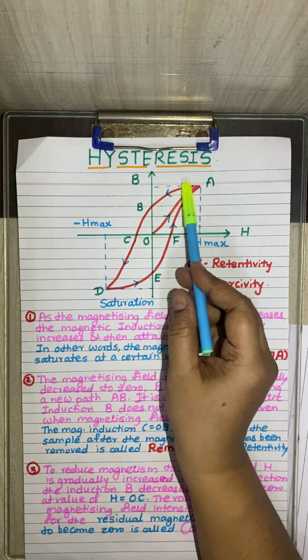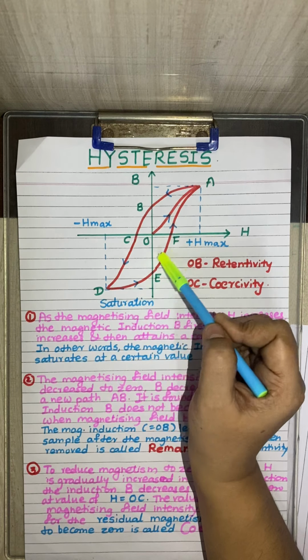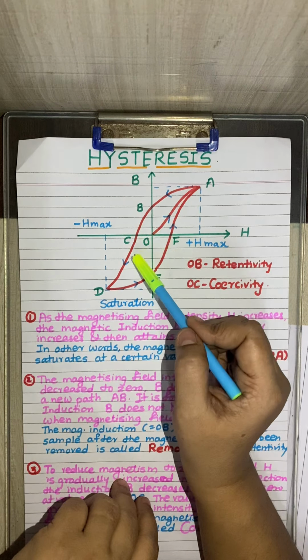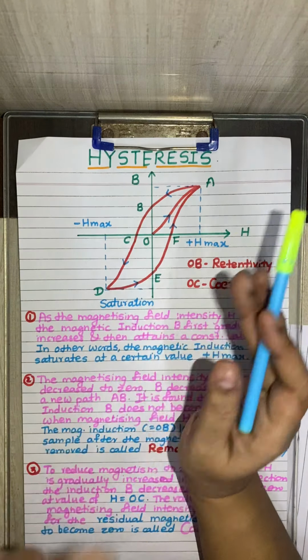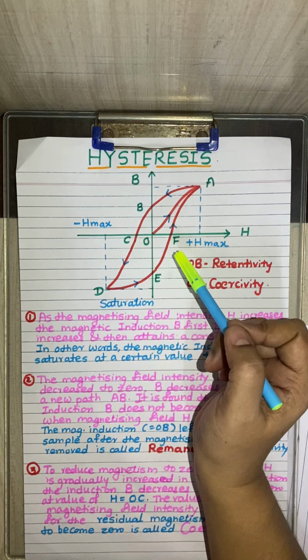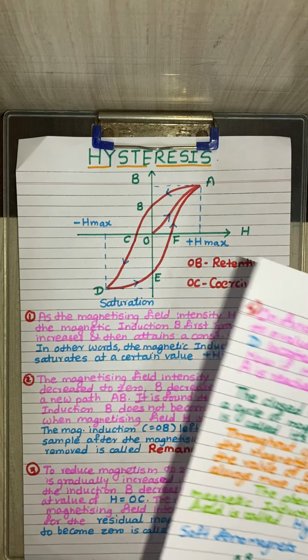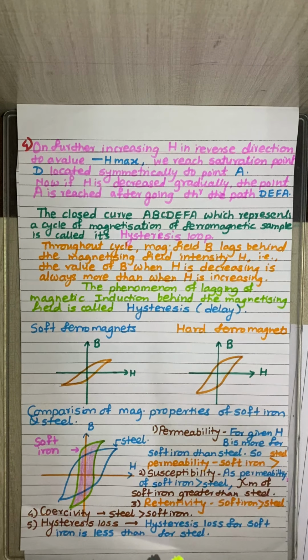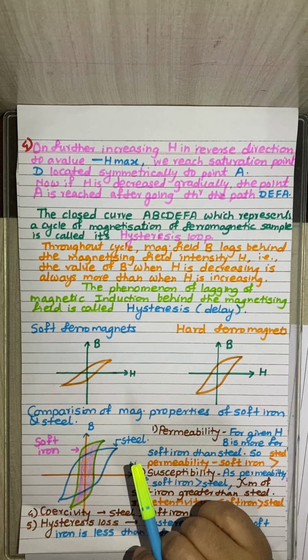So during this complete cycle of magnetization and demagnetization, this complete curve represents the hysteresis heat loss. Some part of the heat is lost during the magnetizing as well as the demagnetizing of the ferromagnetic material. Okay, now let us go for another concept. That means we are going to find out the soft ferromagnetic material and the hard ferromagnetic material. What is the example and what is the difference between their hysteresis loops?